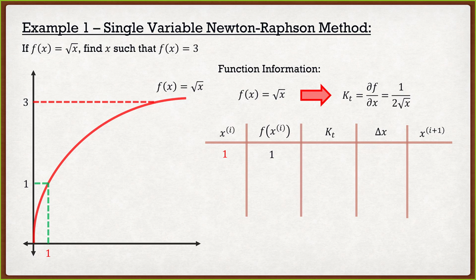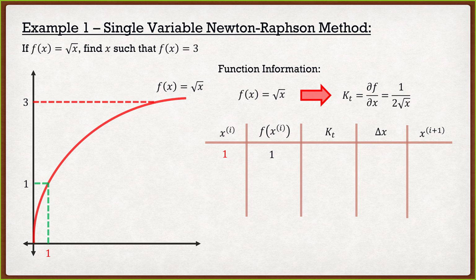But I don't want a load of 1, I want a load of 3. Again, what I'm trying to do is find the displacement that gives me my desired load. So right now it's not good. I have a displacement of 1, but my load is only equal to 1. I want to get to that load of 3. So I'm going to figure out the slope of the tangent line at this initial guess. How do we do that?